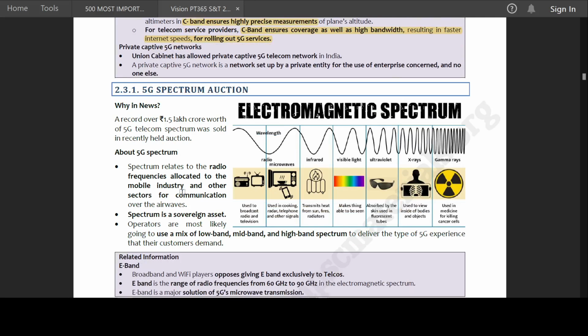5G spectrum auction. A record over rupees 1.5 lakh crore worth of 5G telecom spectrum was sold in recently held auction. Okay,